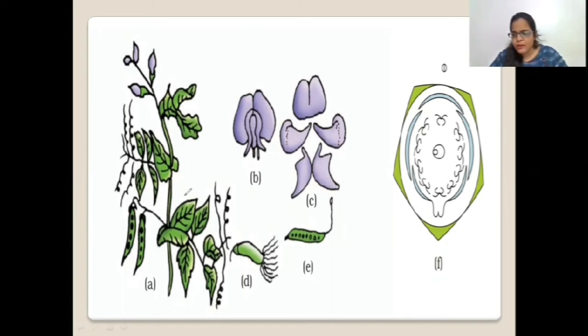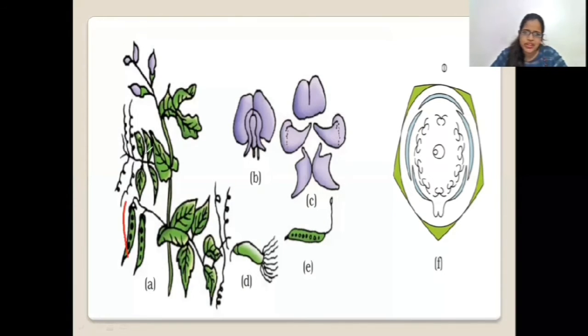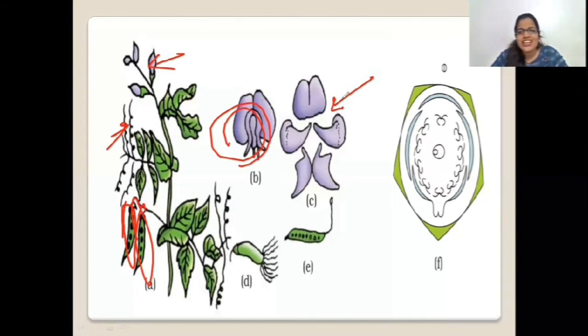So this first one we have got is of pea. We can see these pea pods, right? You can easily remember these are the tendrils, right? These are the flowers. Now, this part B is actually showing the complete flower. And now what is this, guys? You can easily tell. These are the corolla, right? Corolla where the petals are present, 5 petals are there. Then this is one pea pod they have got.